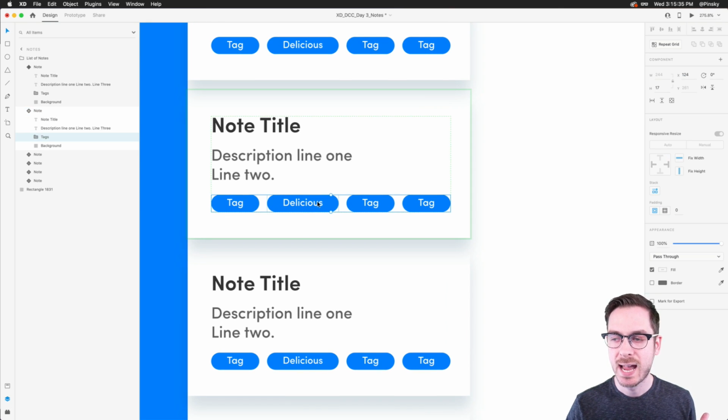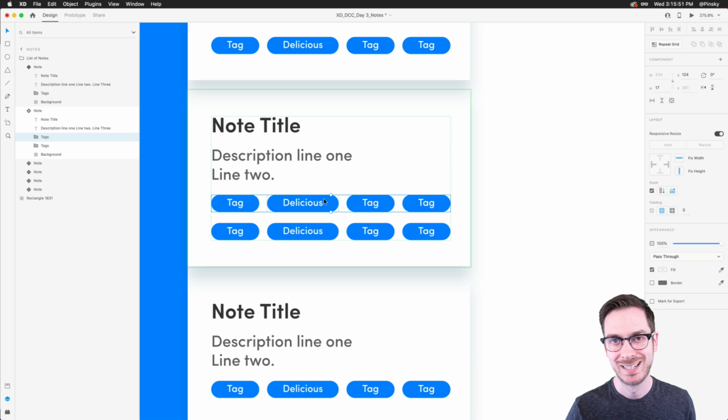Traditionally, that would be an absolute pain. You'd have to manually duplicate that group down. Then you'd have to make that specific note larger. Then you'd have to move everything else down. I don't even want to think about that. But now all I have to do is boop. That's it. I love stacks.